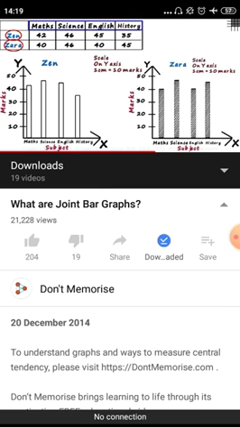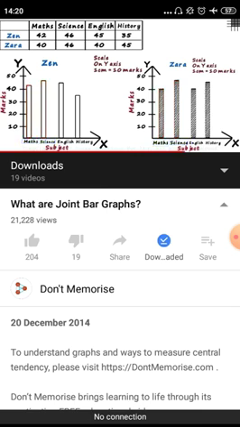So if you're asked to name the subject in which Zen has scored the least marks, you would say it's history. And the subject in which Zara has scored the maximum marks, you would say it's science. But quite often, we need to compare two sets of data. In this case, we may need to compare the performance of students. So just by looking at the graphs in isolation, would you be able to tell me who's performed better in maths? Or science maybe? It's a bit difficult.